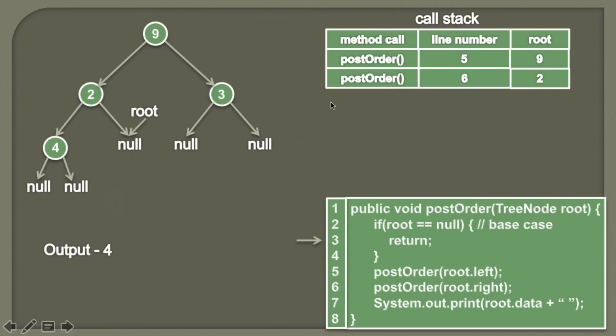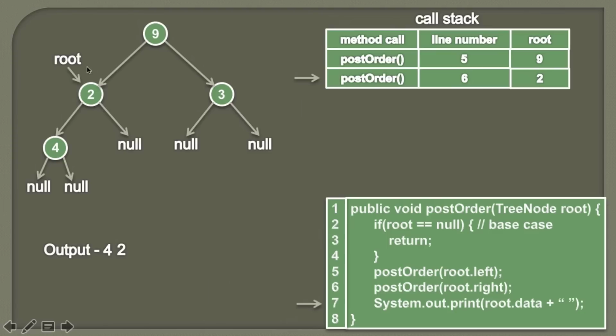And once it's removed from the call stack, the point of execution reaches to this post order method. And we also know that we have left this method at the line number 6. So we'll start its execution from the line number 6. And we also know that when we had left this method, root was pointing to node 2. So here root is pointing to null. So now it will point to node 2. Moving ahead. And at the step 7, we'll simply print the data associated with the root, which is nothing but 2.